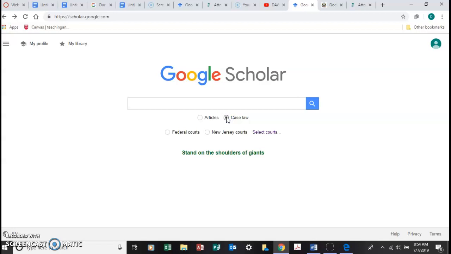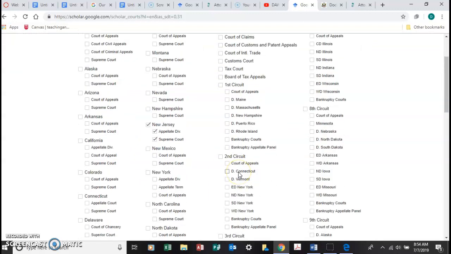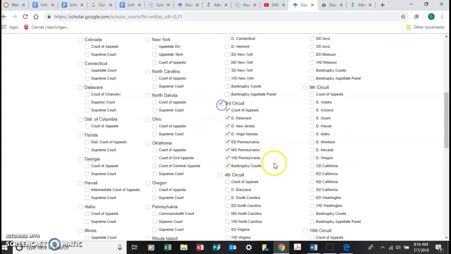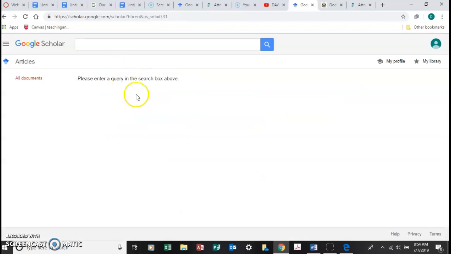So, for example, if you wanted to look up cases all in the federal court, you just hit select all. All state court, same thing, select all. If you're just interested in New Jersey, which comes under the Third Circuit, you can search like that. If you don't know where a case is, but you know the name or